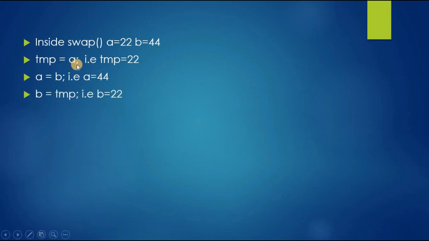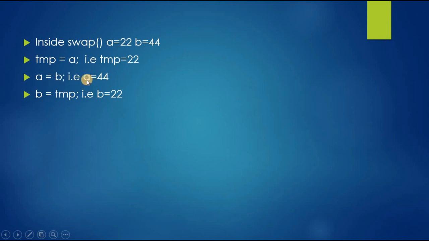tmp is equal to a, we gave the statement there, so now we got the value for tmp as 22. Then the statement a is equal to b is given there.